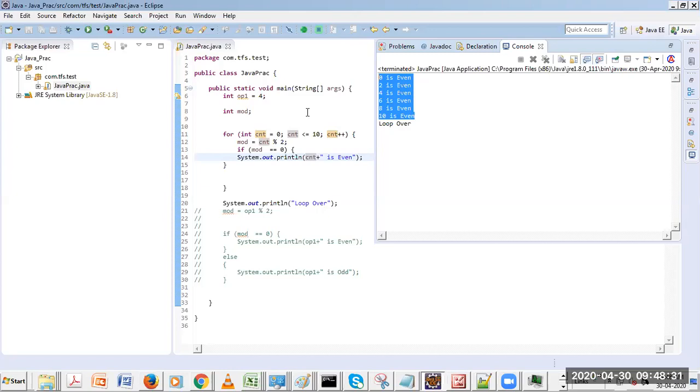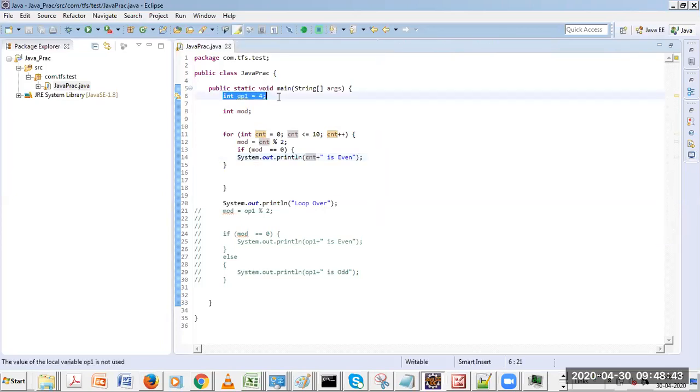Okay, some of you are saying this variable is not required in option 4. Yeah, you're correct. This variable is nowhere required actually. And so good, as you said. Can you see a warning sign over here? The local variable is not used. There's a warning. So I can go and delete this as well. Good. Great. Thank you.